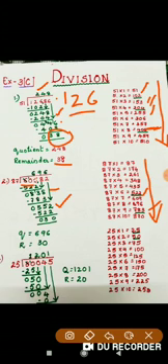So we will take 87 sixes is 522. When we subtract 522 from 552, the remainder has come to be 30. So the quotient is 696 and the remainder is 30. Now let us see the third question. The third question is